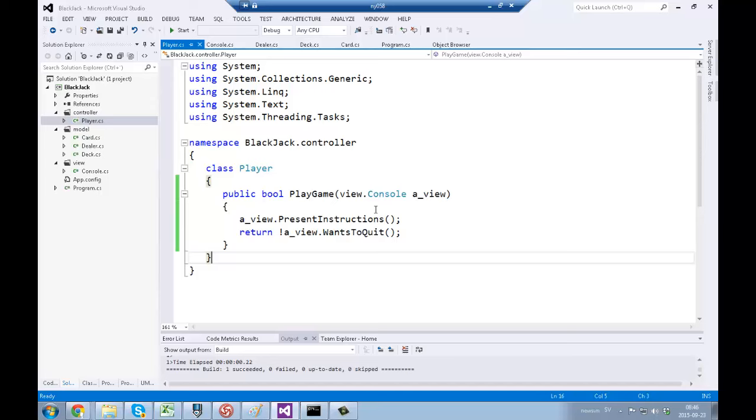This is quite common in model view controller, and especially as we were doing the, now I forgot the name. Not the passive view, but the supervising controller